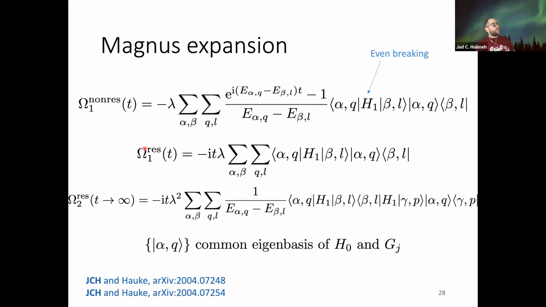So you see that we can now split the first order Magnus term into two components. And here, this is crucial. One component is a non-resonant one, and you see we have this oscillating term here. Another component is a resonant one, which takes the following form. Okay, good. We see now, at least in the system sizes that we have reached, and we did here 4 matter sites and 6 matter sites for the initial state that I showed you originally,